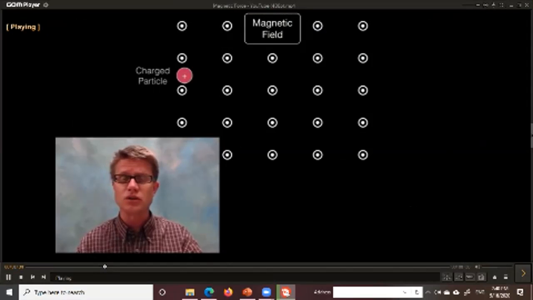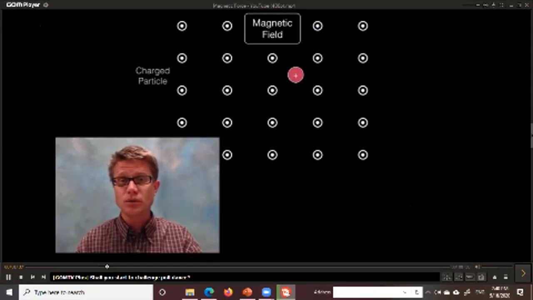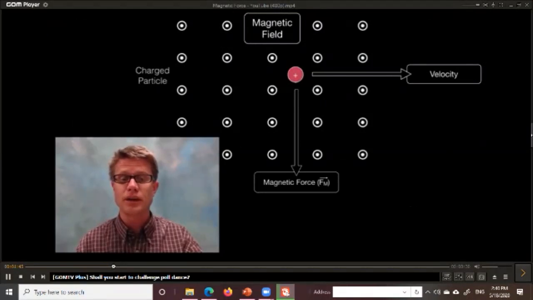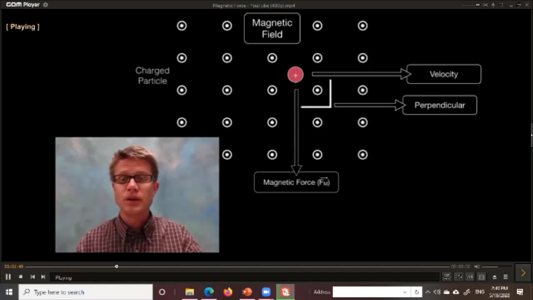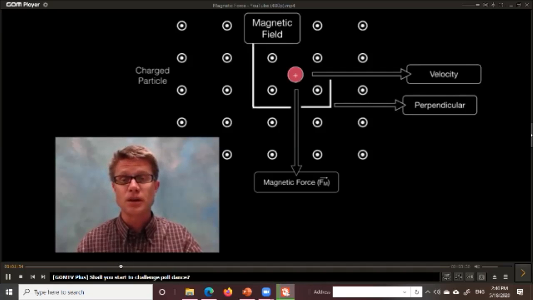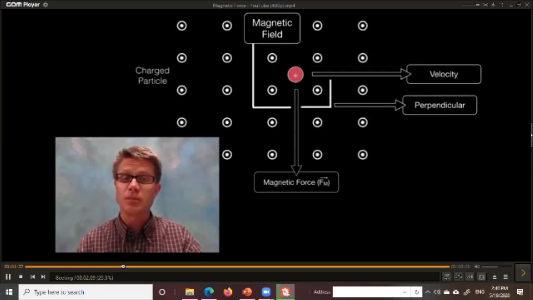If it's not moving, there's no magnetic force. But as it moves, it has a velocity vector. And if you're ever moving as a charged particle through a magnetic field, then you're going to have a force applied to you, and we call that the magnetic force, or F sub m. Due to this magnetic field, the charged particle moves from one place to another place due to the magnetic force. Now, what is the magnetic force? Things that you need to remember is that it's perpendicular between the magnetic force and the velocity, and it's also perpendicular between the magnetic force and the magnetic field.